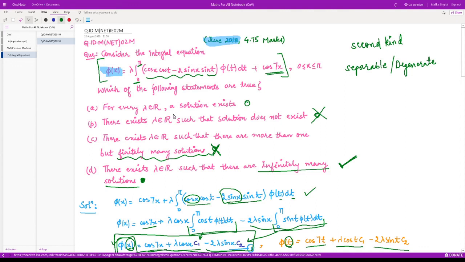So look at option A. For every value of lambda belonging to the real numbers, a solution exists. So this is true, because here they are not talking about a unique solution, but they are saying for every value of lambda, one solution exists. Yeah, this is true. They are not saying one solution, but they are saying there is a solution for every value of lambda. So this option is also correct. So the correct options are